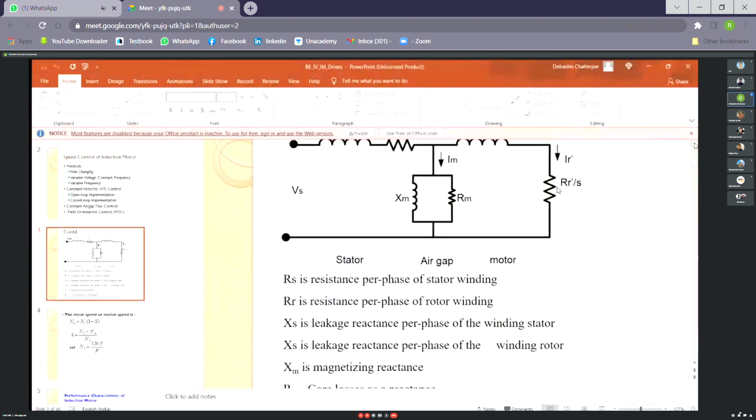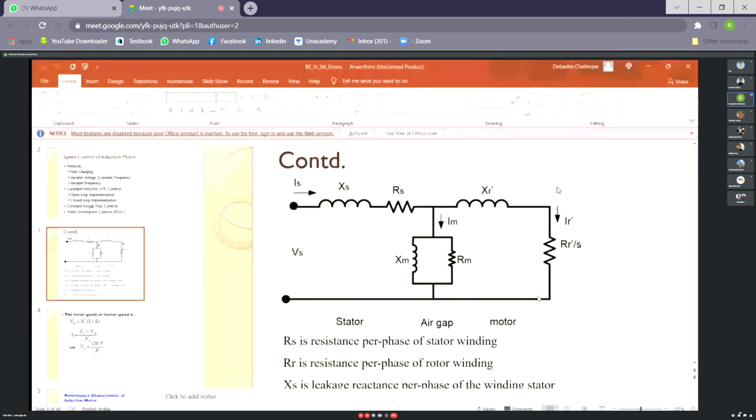To understand the speed control techniques, we must understand the equivalent circuit. You have already read the equivalent circuit, and the first one is the exact equivalent circuit, where we have